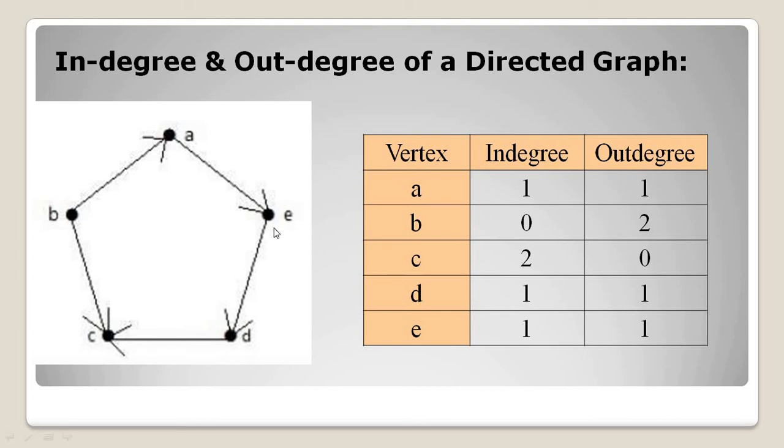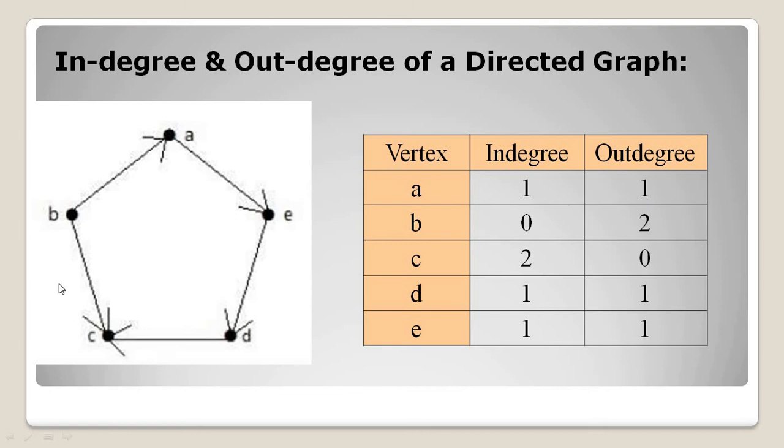So for the vertices A, B, C, D and E, we need to find out the in degree as well as the out degree. For A, we have an edge from B to A, with the direction from B to A. It means that for A, the in degree is 1. And for the out degree, we have one edge from A to E, which starts at A and ends at E. That is the direction we have. In that case, for A, the out degree is 1.